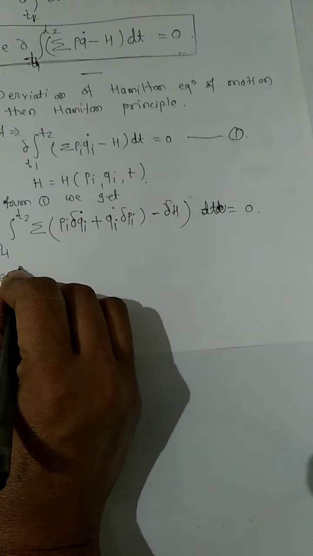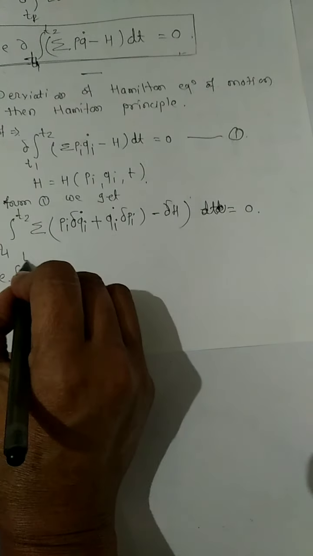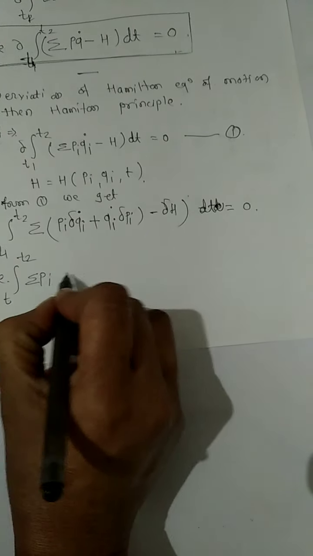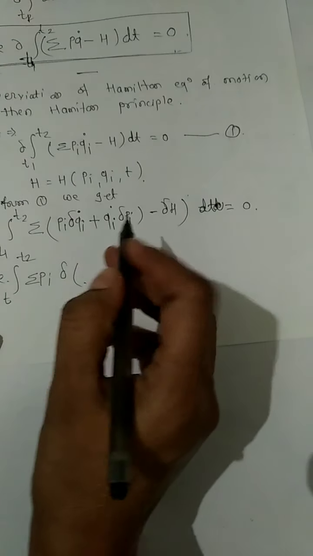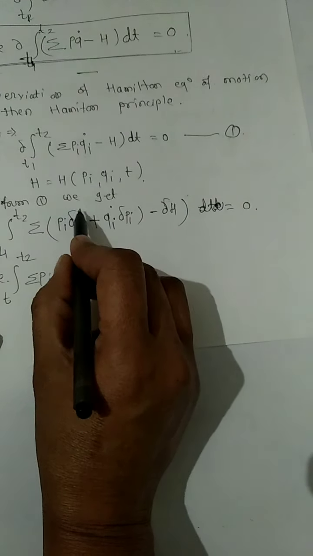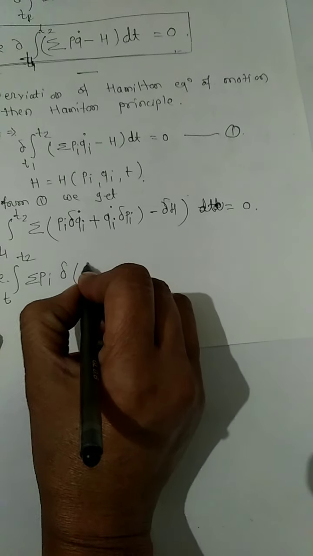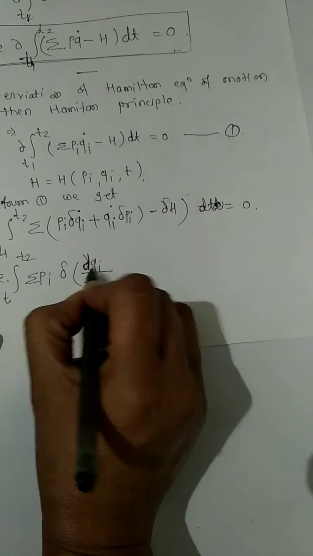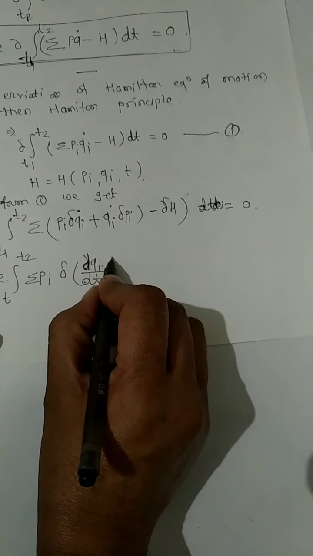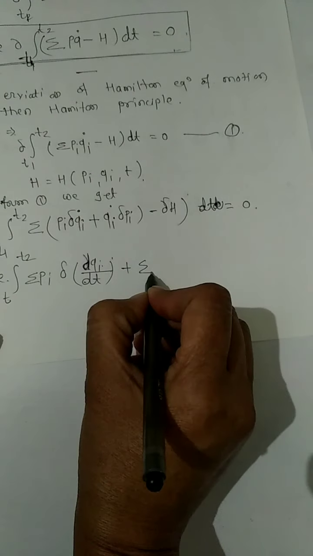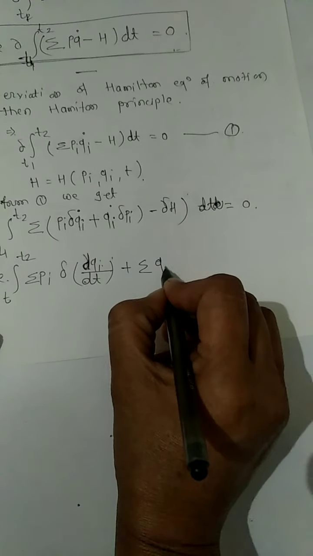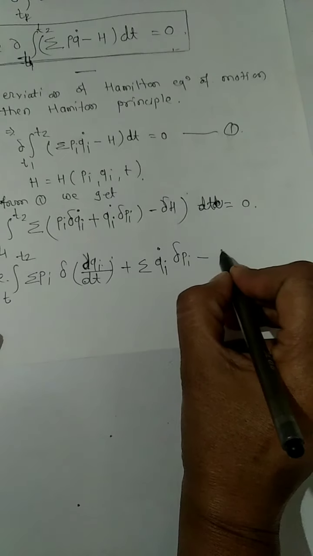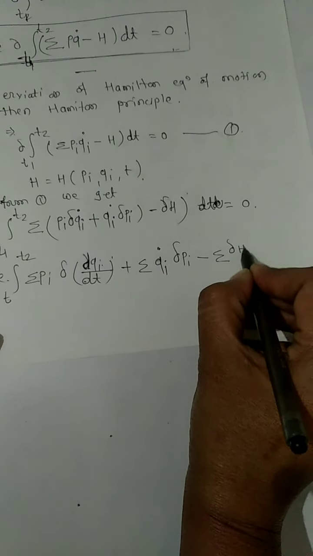Then write the integral from T1 to T2 of summation Pi into Qi dot, where the variation is del Qi, the derivative of del Qi upon dt, plus summation Qi dot del Pi minus summation del H